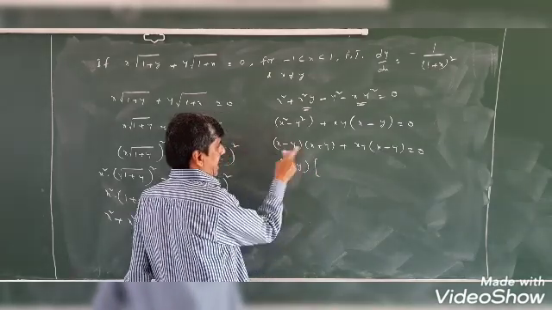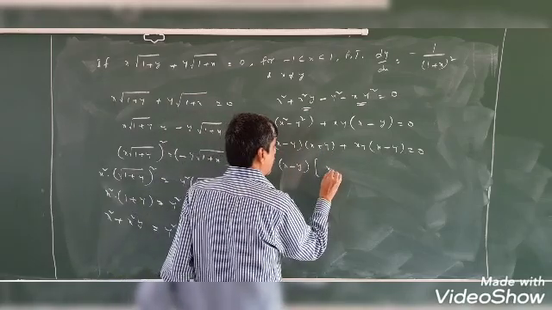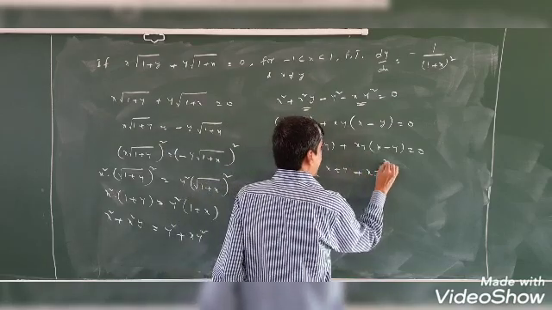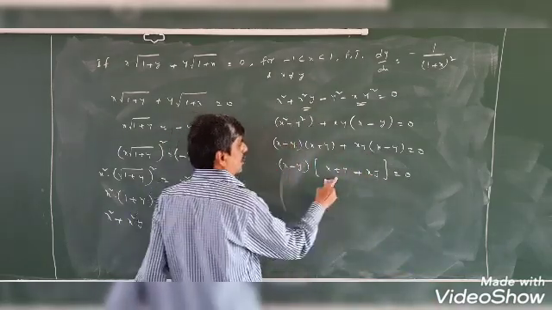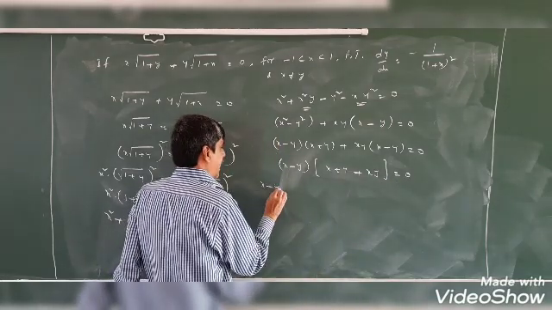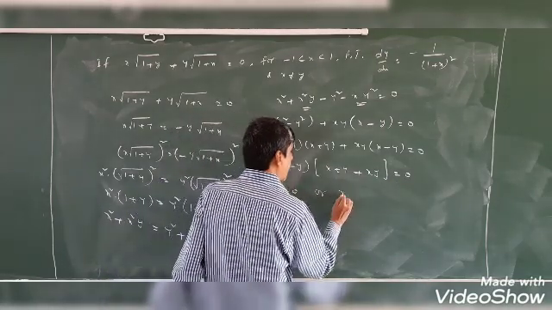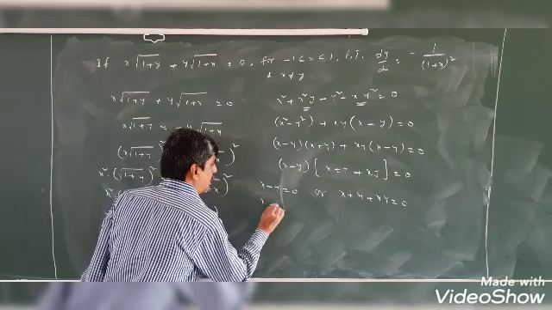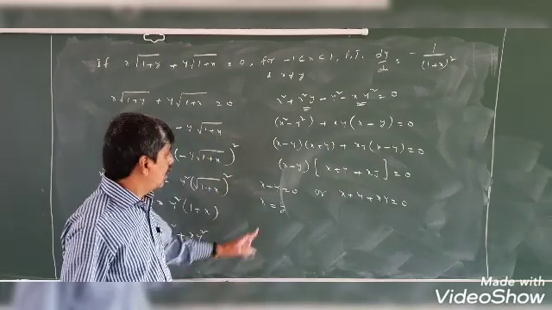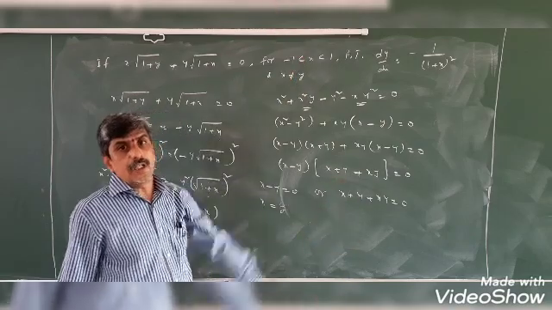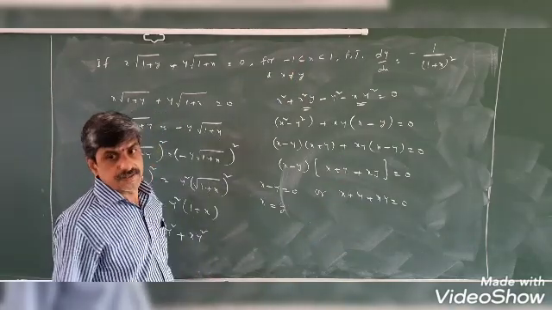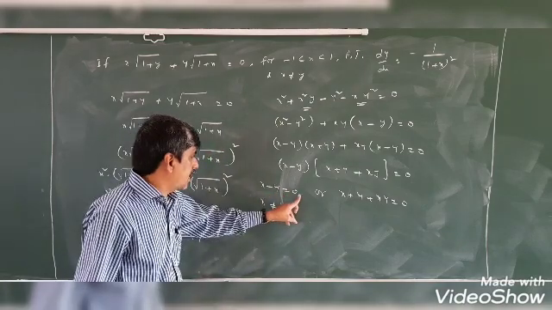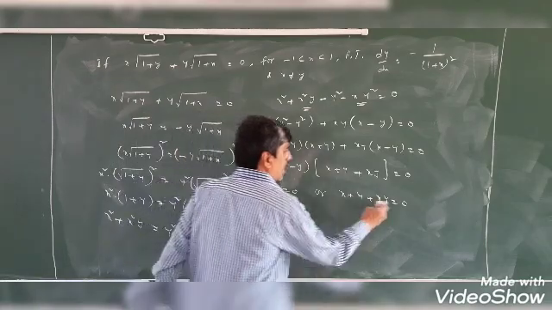By taking x minus y common here, the remaining is x plus y, and by taking x minus y common here, the remaining is xy, equal to 0. This product is equal to 0, so either x minus y is equal to 0 or x plus y plus xy is equal to 0. x minus y equal to 0 means x is equal to y, which contradicts the given problem, where it is mentioned x is not equal to y. So this product is not equal to 0. Then only this is the 0.